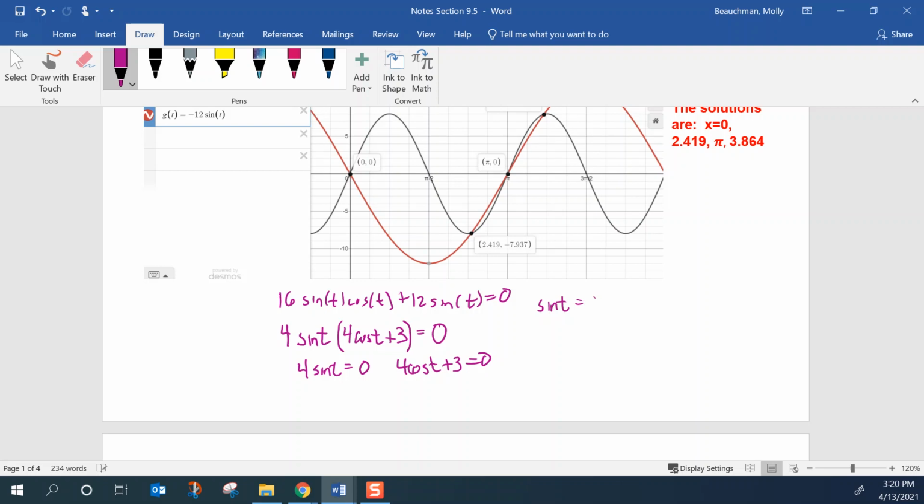The sine of t is equal to 0. And cosine t is equal to negative 3/4. So what I want to do is find out the angle measures for t, where the sine is 0 and where the cosine is negative 3/4. So take the inverse of both sides. So the inverse sine of 0 is equal to t. So that'll give me the angles that have a sine of 0. Well, I know from the unit circle